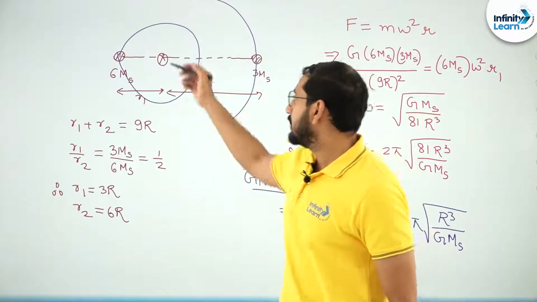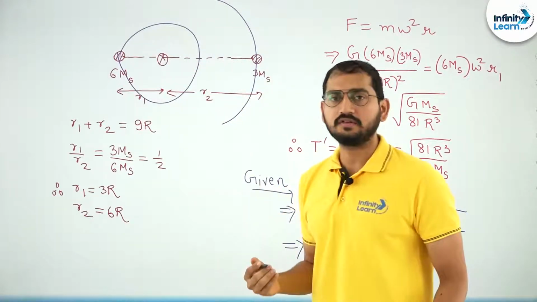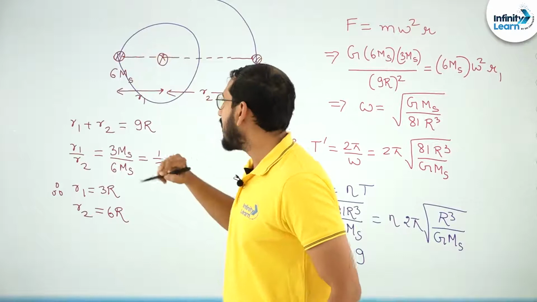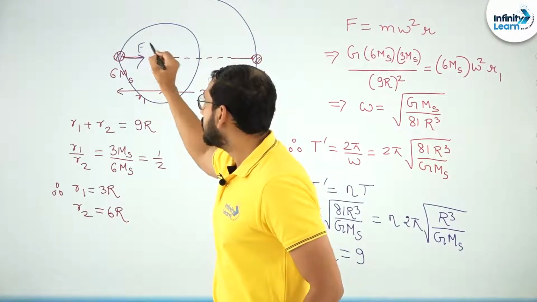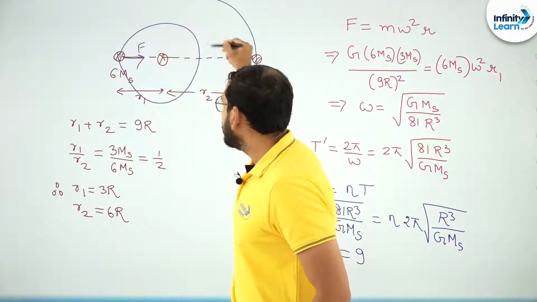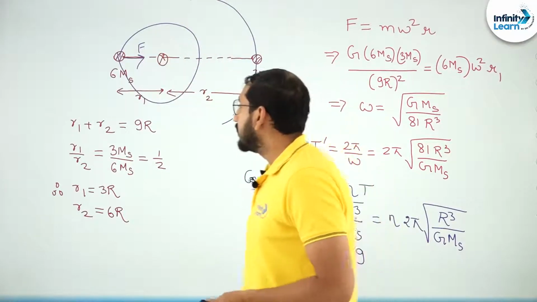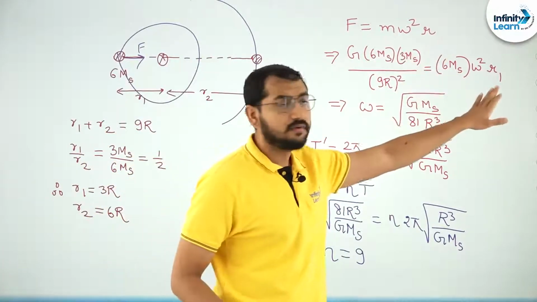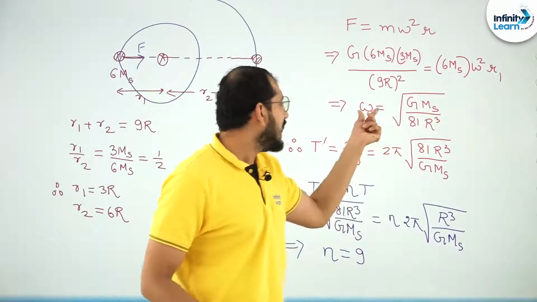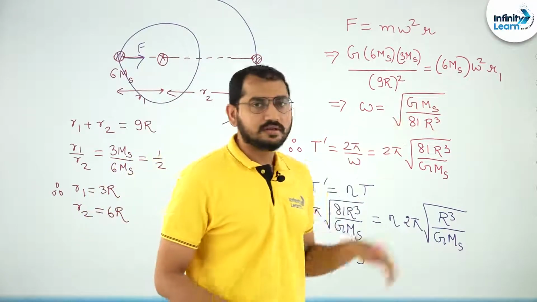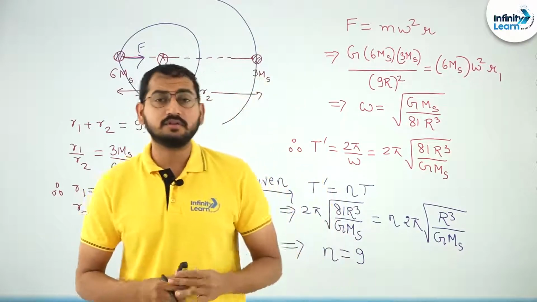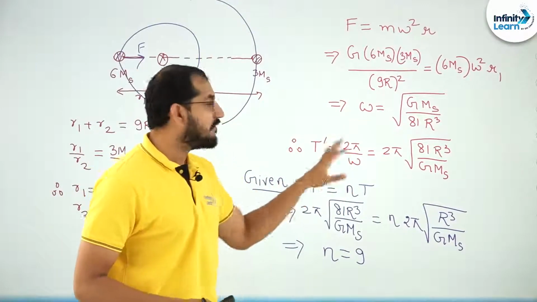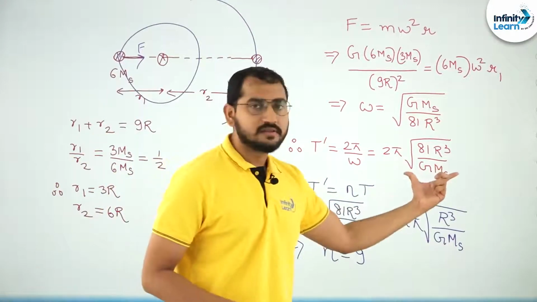Now we know that the circular motion is happening because of the gravitational attraction between them. If I focus on this 6 ms, this is the direction of the gravitational force, and this one is moving in this circular orbit, so I can apply the equation of centripetal force over here. So the gravitational attraction is equal to centripetal force. After solving, we can get the angular speed omega, and both the stars will move with the same omega. Hence, both the stars will have the same time period, which I am denoting with t dash. After putting the value of omega, I will get t dash as this expression.